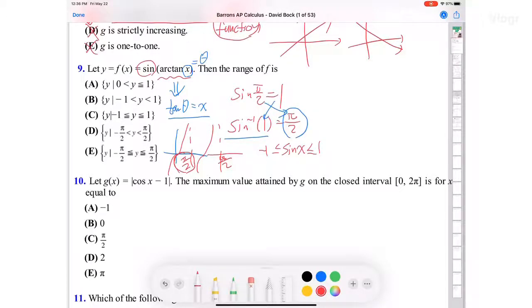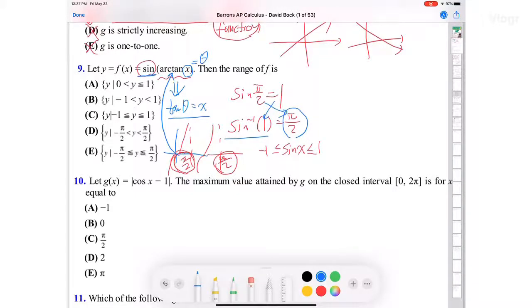Because arctangent x means angle, right? At pi over 2, tangent x doesn't exist. So arctangent x cannot be pi over 2, or cannot be 3 pi over 2. Got it? If arctangent x is pi over 2,